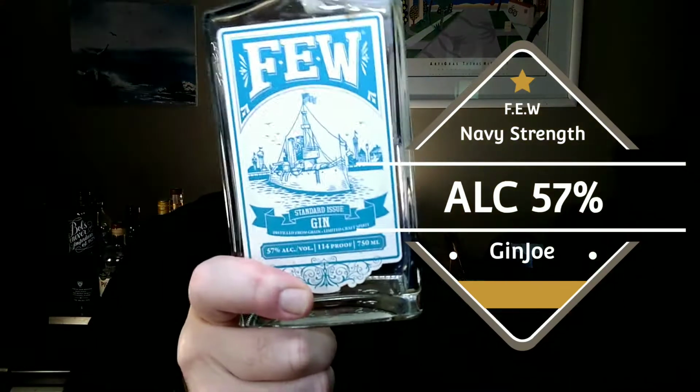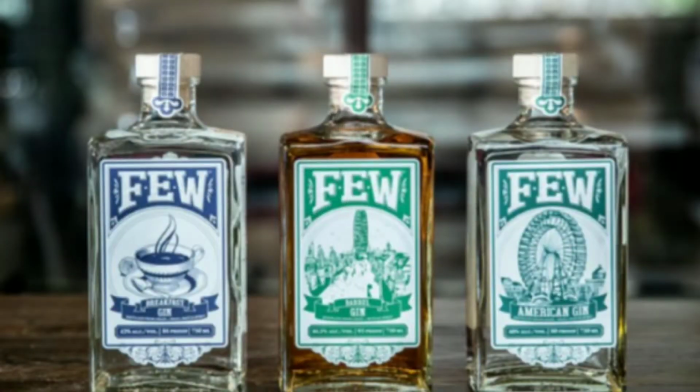Alright, so like I just stated, this is a Navy Strength. We're at 57%. Look at that bottle right there. Now, Few makes a very interesting combination of gins. They have a gin called Breakfast Gin, which is right up my alley. But it has Earl Grey tea, lavender in it, and this one here